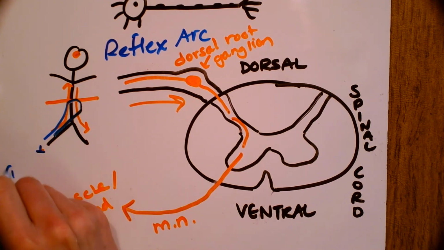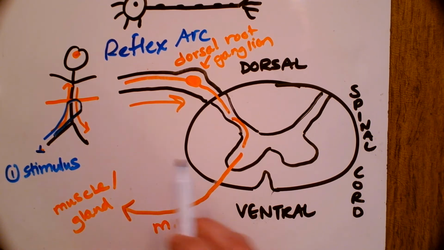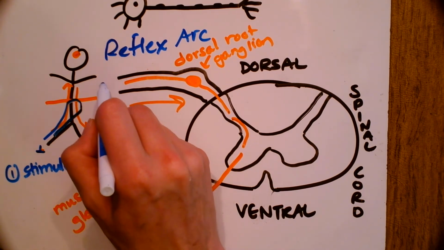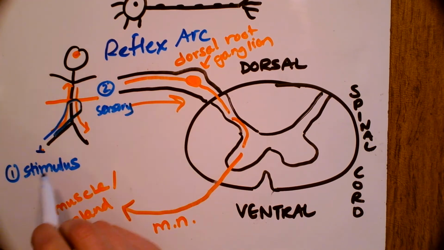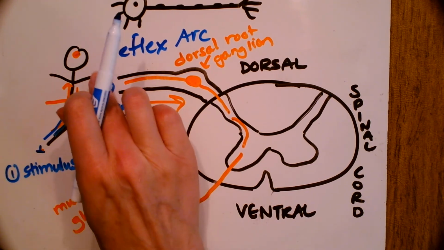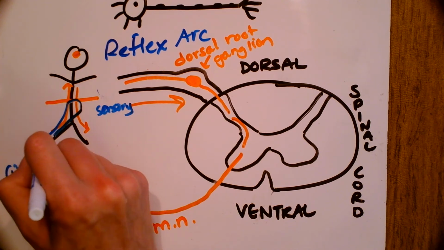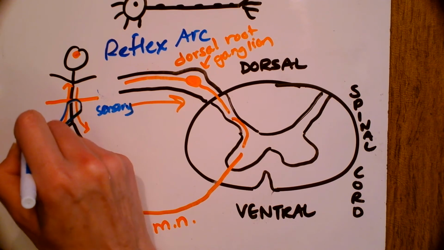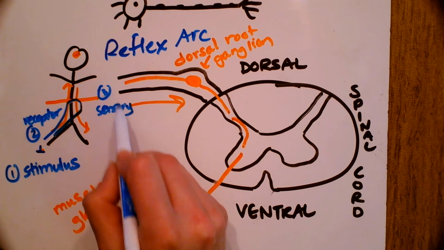So in a reflex arc, you're going to start with a stimulus. Whatever the stimulus is. It could be pain, it could be heat, whatever. And then from the stimulus, you're going to travel up a sensory neuron. The stimulus actually is going to hit one part of the sensory neuron called the receptor. So technically, the receptor would be next. The receptor is what is picking up, like the beginning of that sensory neuron. That's your sensory receptor. Okay? And then it's going to travel up the sensory neuron,